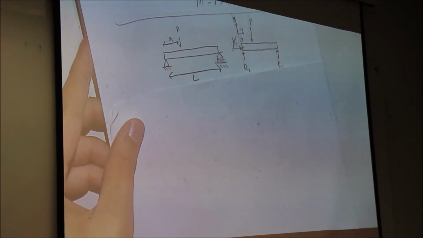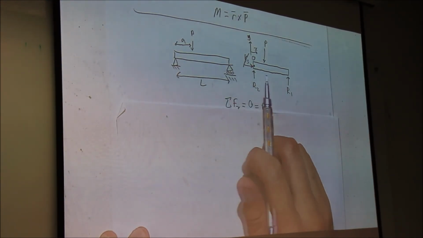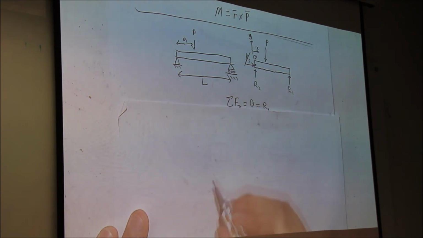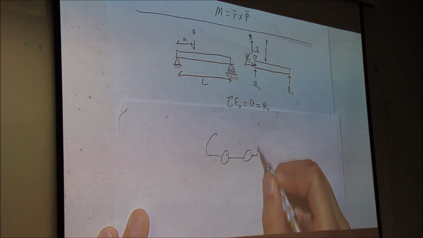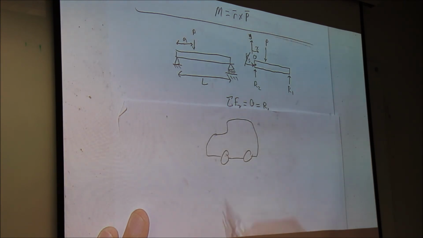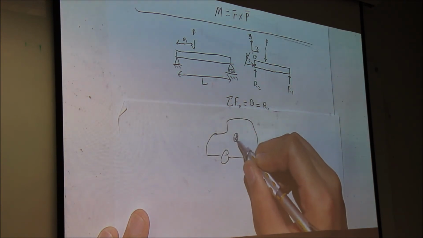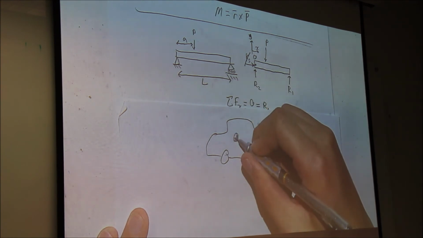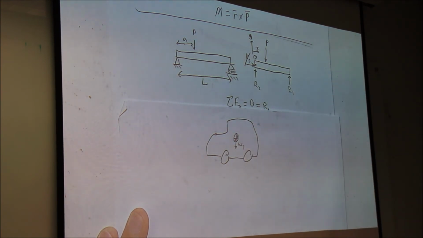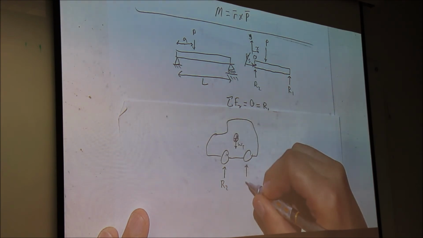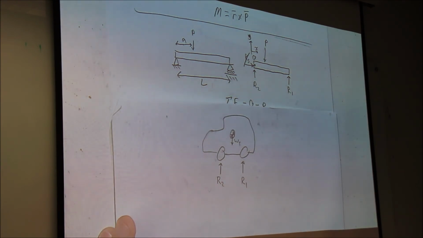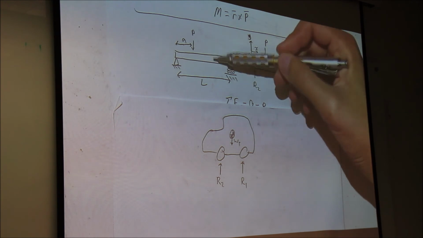If we look real quick, I'm going to show you the free body diagram from before. If I have a car, it's a beautiful car, it has some sort of CG. It's going to have some total weight, and it's going to have reactionary forces here. If you look at that, that looks eerily similar to this, does it not?